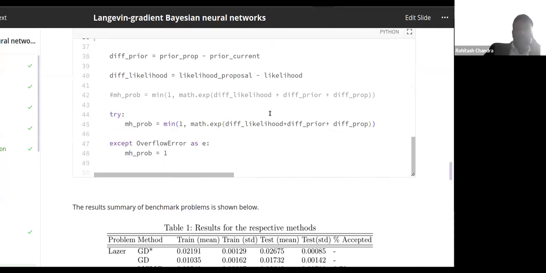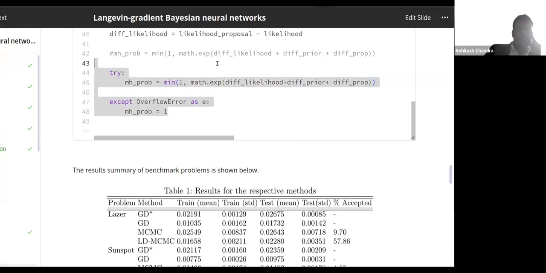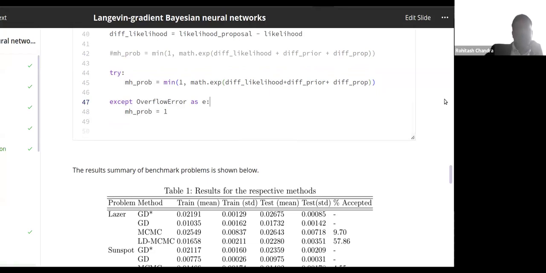The difference comes here. This is just an implementation to ensure that we do not have numerical instabilities or overflow errors. So that's just an implementation. When we implement it, it's the same thing, but in terms of the Langevin